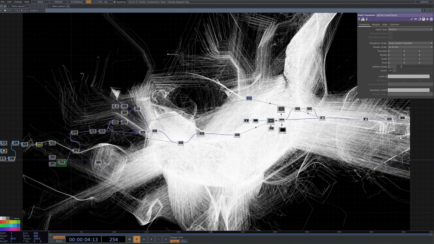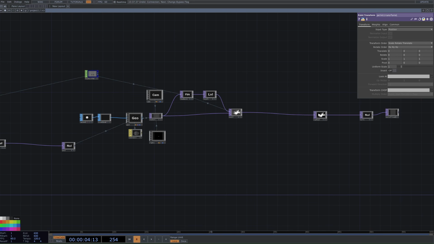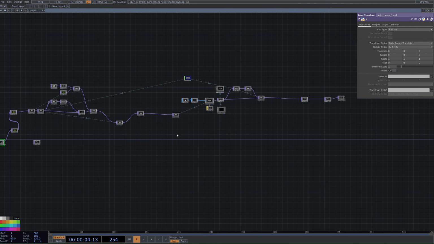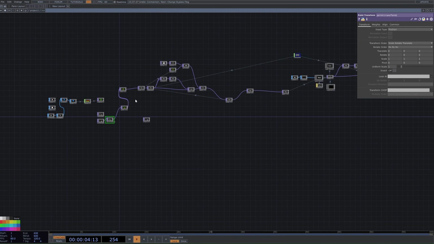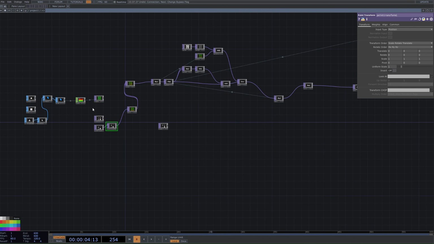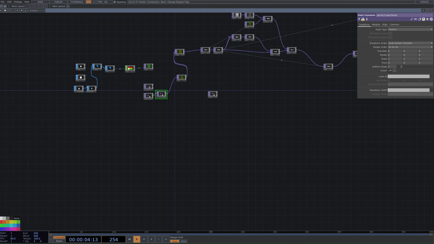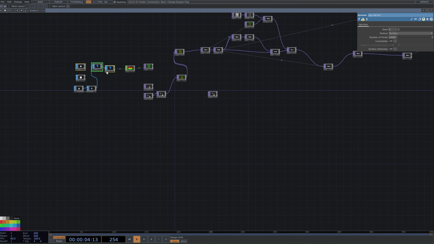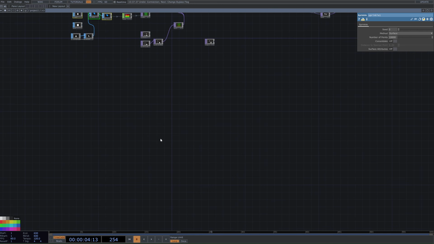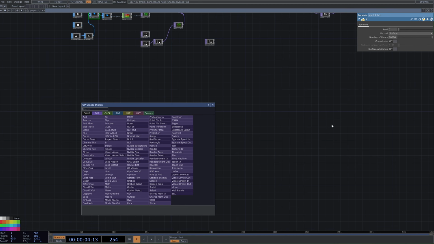Otherwise, we're gonna create what we're looking at right now, and I'm gonna keep this network up here for reference just in case I forget anything. Cool. Alright, so I'm going to do this from the point of an object, because that has a little bit more work for us to do, but I will also note the point where you can just drag a point file in. So the first thing we want to do is drag your object in, or in this case I'm